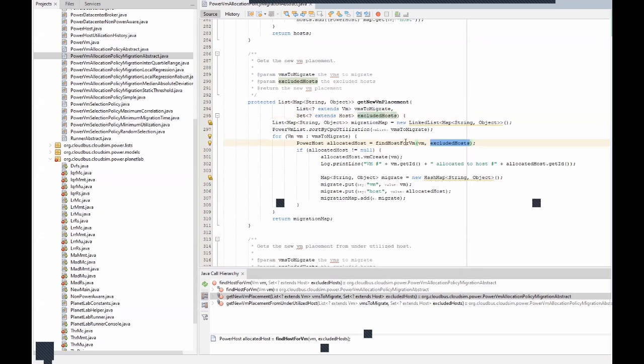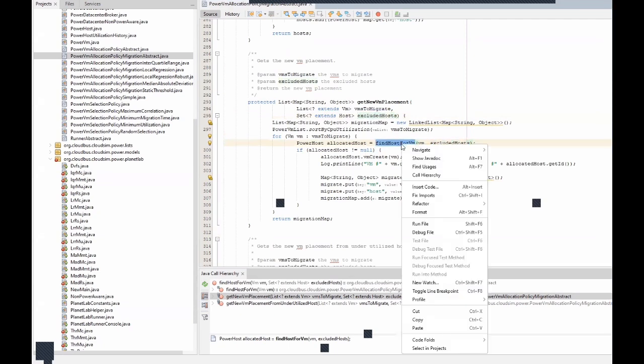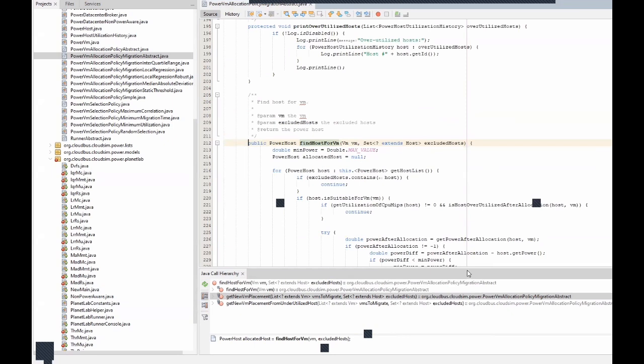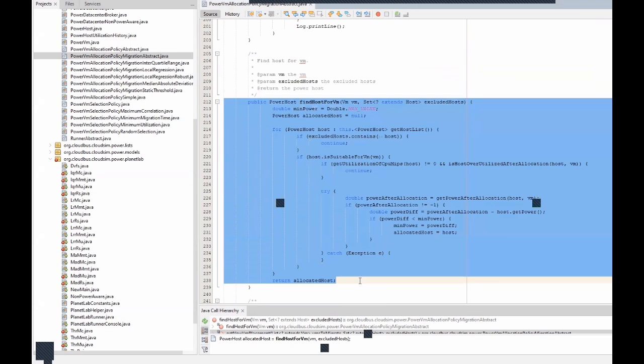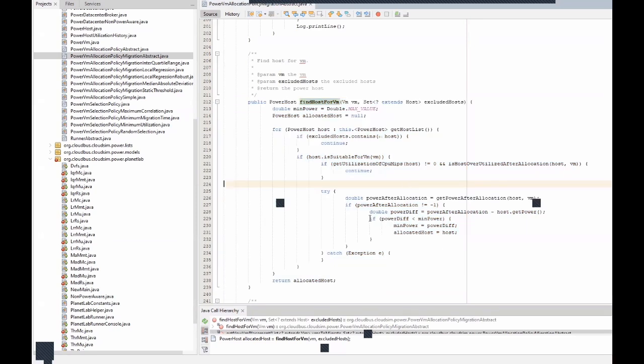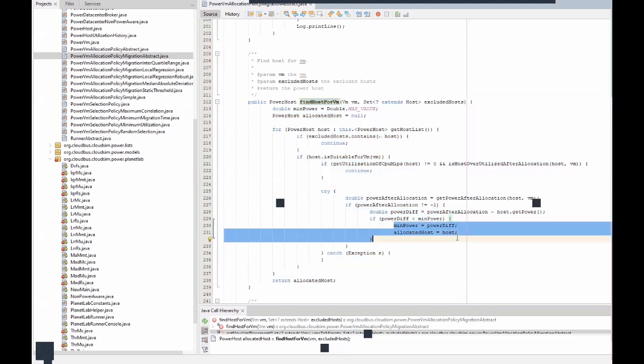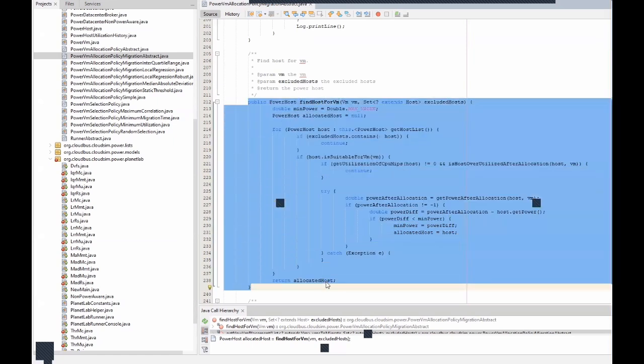Now it will call the findHostForVm method. And when it calls the findHostForVm method, you can see here that is the power aware best fit decreasing method. This is the code for the power aware best fit decreasing method. How does it work? You can see here, it will look for that host which has the minimum power increment after placing a certain virtual machine. This is how it works. You need to place your own algorithm here. Whatever it is, it may be based on ant colony optimization, or it may be based on a genetic algorithm,